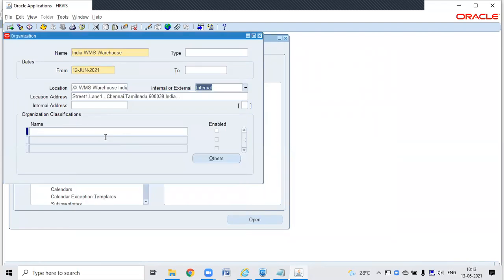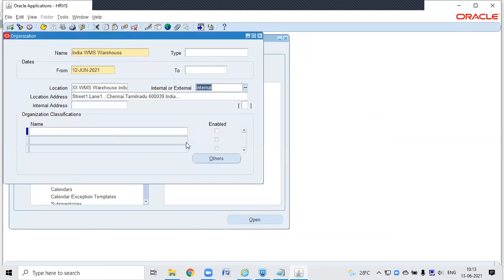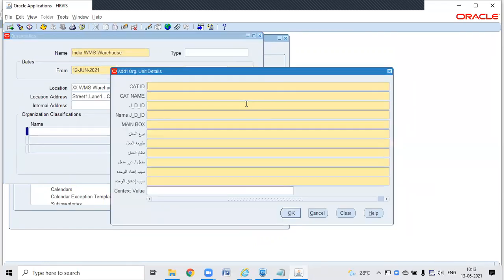So locations. There's some flex field there. Forgot. Yeah, someone made all these things mandatory.